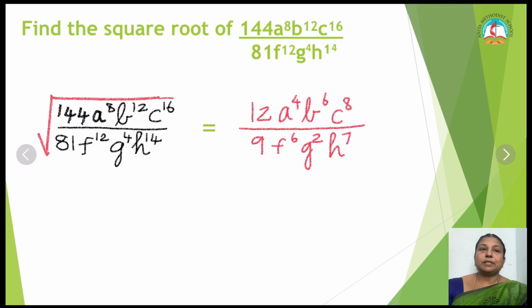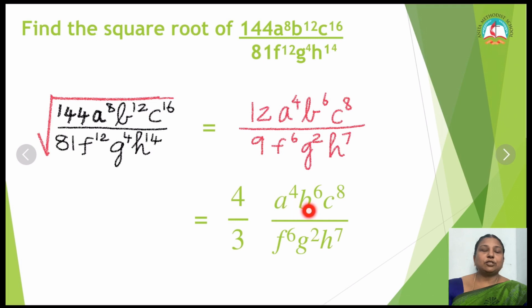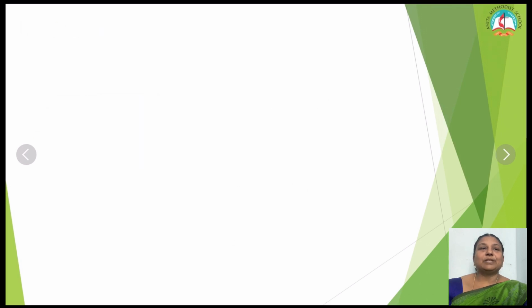Okay, now if I am simplifying the numbers, I will get 4 by 3 into a to the power 4, b to the power 6, c to the power 8 divided by f to the power 6, g to the power 2 and h to the power 7. And next what do I have to put? I have to put the modulus for the variables. So my answer will be this. Okay, children. Next you are going to see,